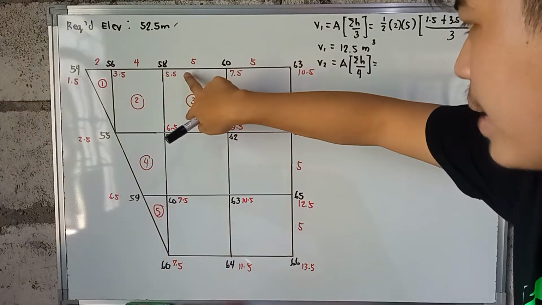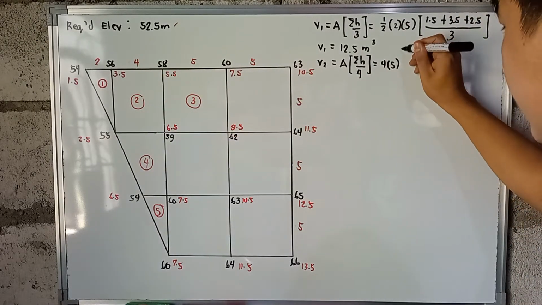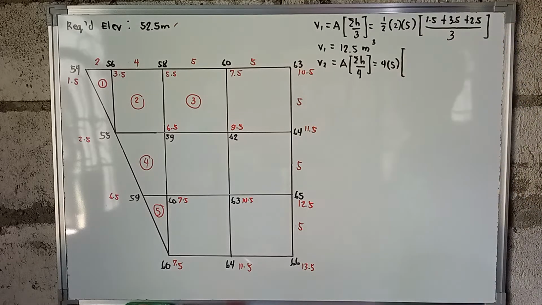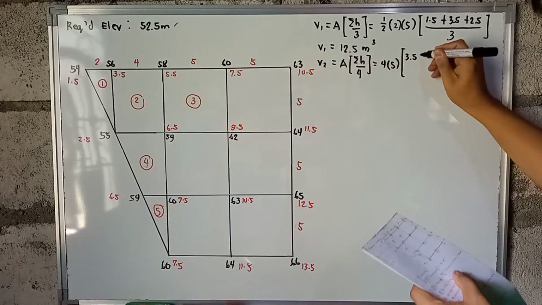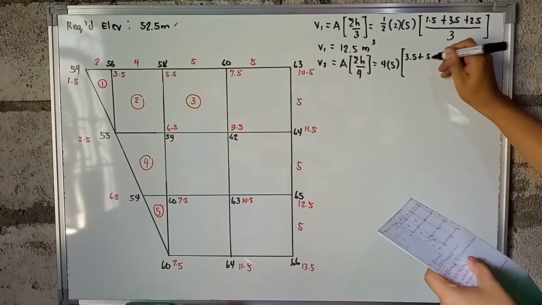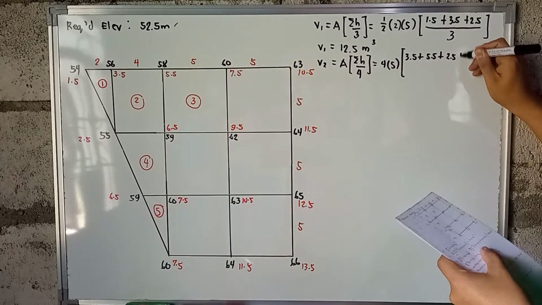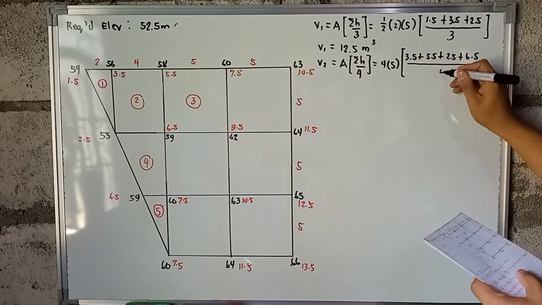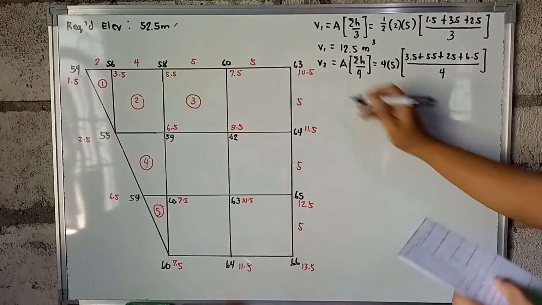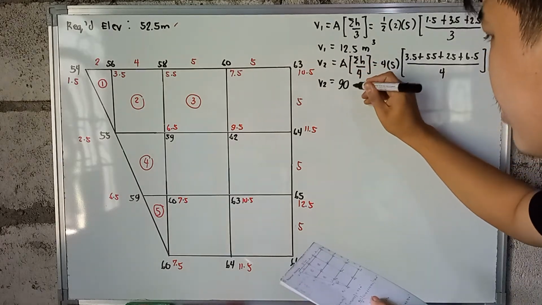4 multiplied by 5. 4 times 5. Next is, i-multiply natin siya sa average ng mga heights. When yung mga heights natin is 3.5 plus 5.5 plus 2.5 plus 6.5, average natin, since apat yan, divide natin by 4, the value of our V2 is now equal to 90